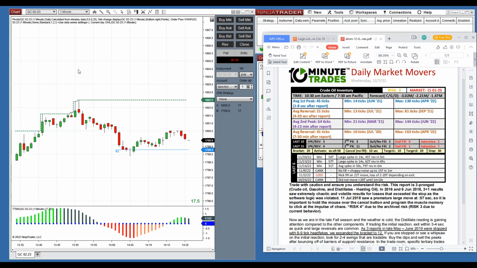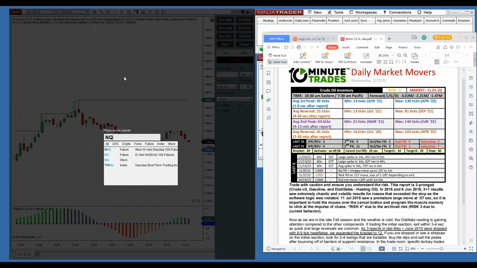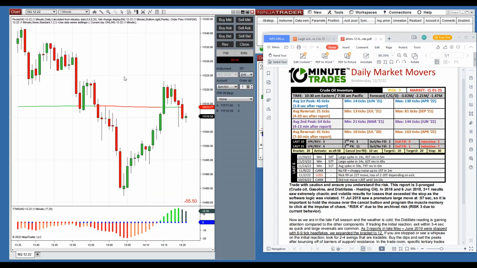When do most traders stop trading the NQ? It's 2:30. It's a very busy time for the NQ. NQ 1222 is the current contract. It's a volatile time of day. We're getting into end-of-day trading for the NQ. Very often NQ, YM, ES are all coming into this end-of-day trading.